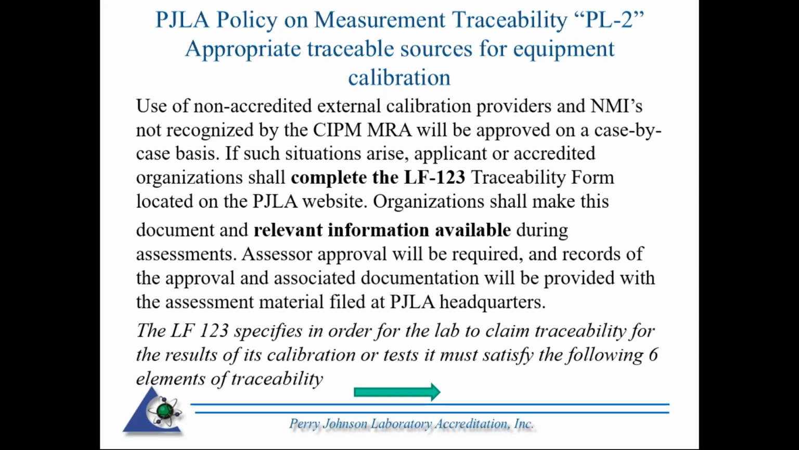They're handled on a case-by-case basis. We reference in PL-2 one of our LF forms, the LF-123, which is available on our website. We make this relevant information available to our organizations, and if you need to utilize a source that's not accredited or recognized to an NMI, you'd have to go through this, and approval will be needed. So with the LF-123, we look at the 6 elements of traceability,